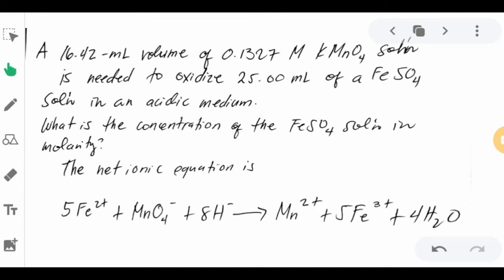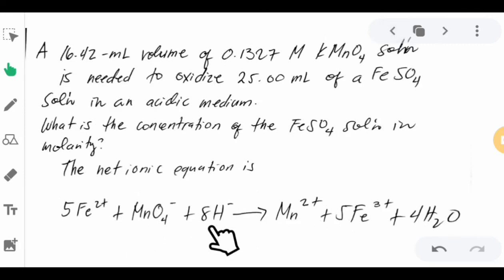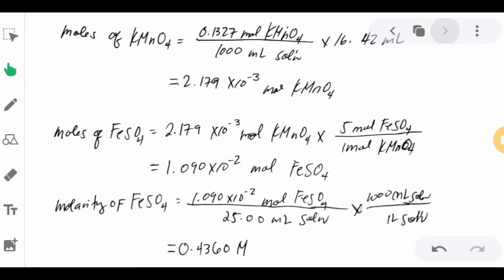For the solution, we want to calculate the molarity of the FeSO4 solution from the definition of molarity, which is moles per liter of solution. So here is the solution. The volume of the FeSO4 is given in the problem. Therefore, we need to find the number of moles of FeSO4 to solve for the molarity. So from the net equation here, we can determine that. So the number of moles of KMnO4 in 16.42 milliliters of the solution is this: 0.1327